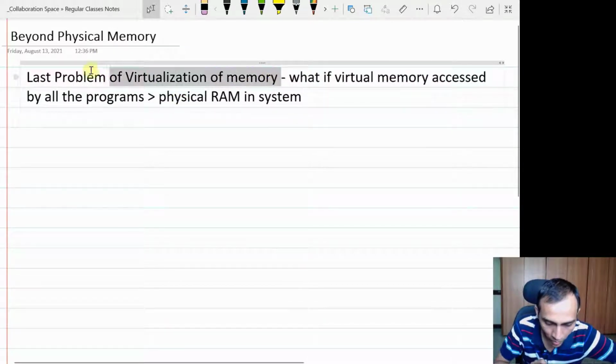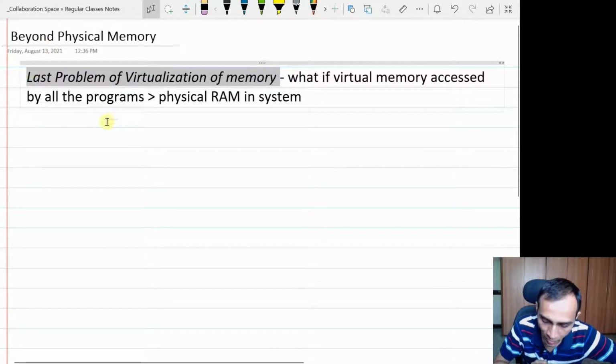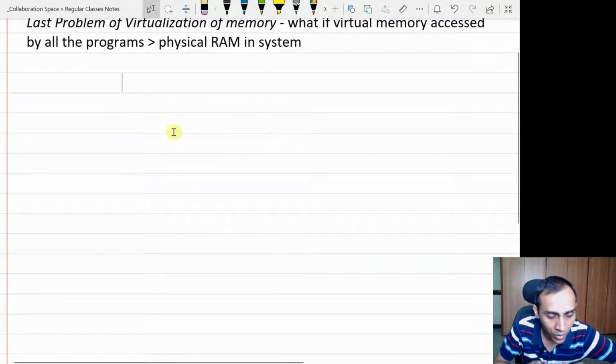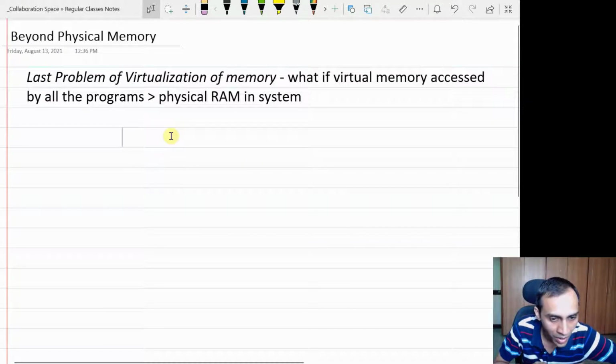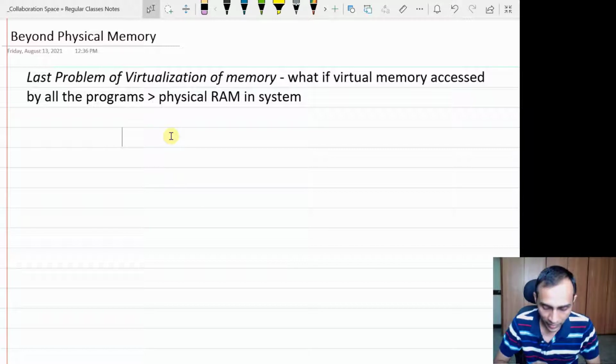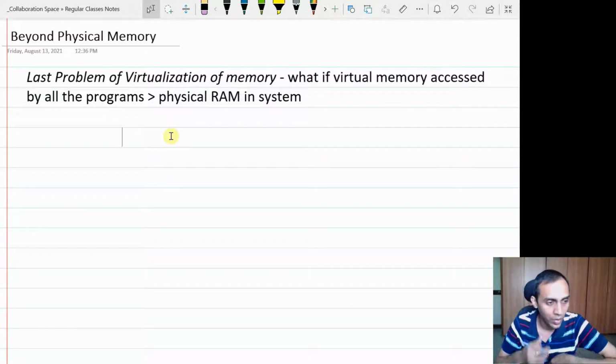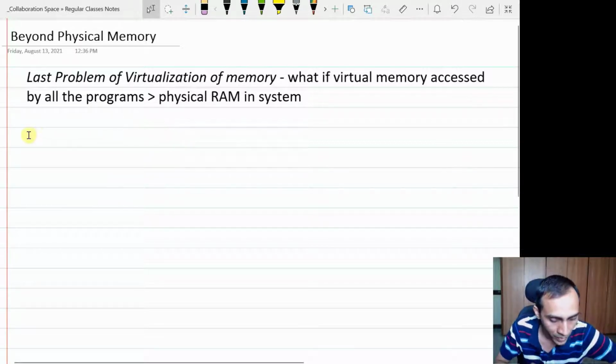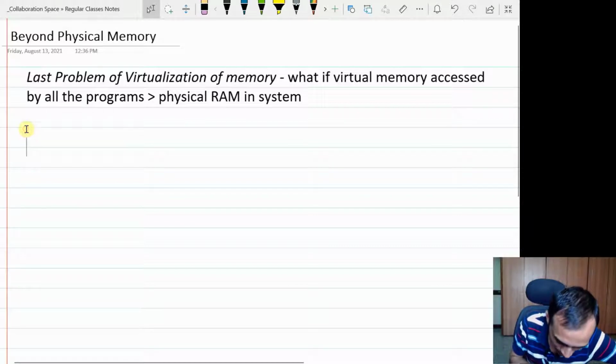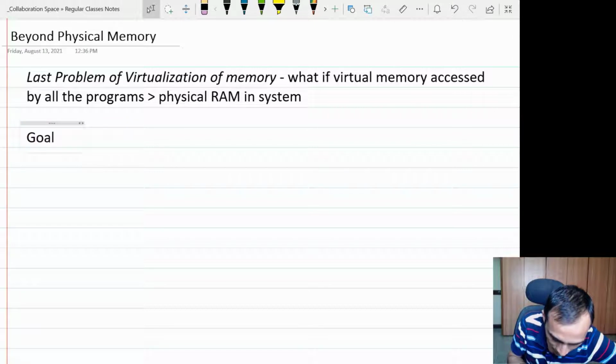If our RAM is small, or we are running a very large, very complex program, which has a lot of libraries and a very large address space, and we are running many such programs concurrently, probably hundreds of such programs, then definitely our memory is going to run short. And in that case, how can the OS support the execution of all those programs, even if the capacity of the memory is exceeded? So the goal that the OS will try to support is that the user should be able